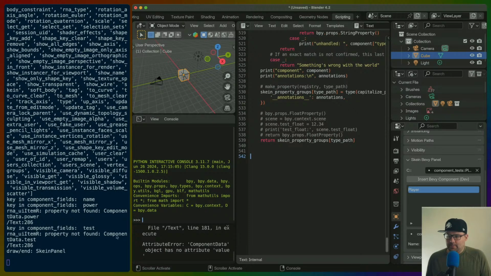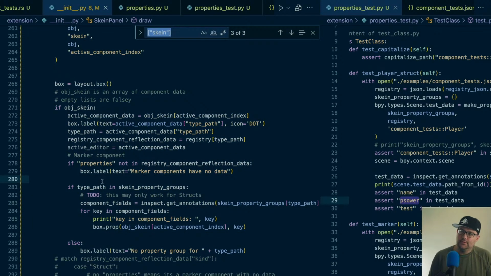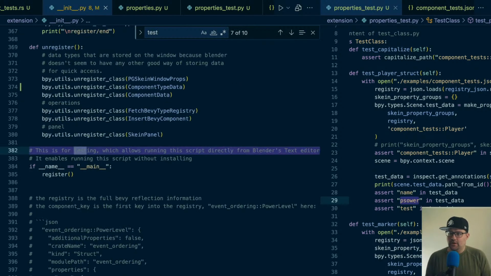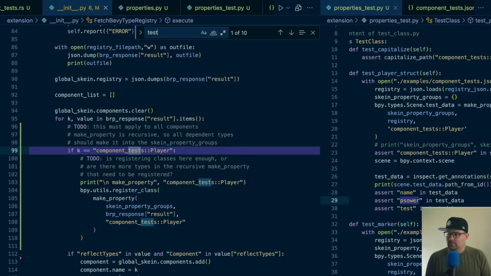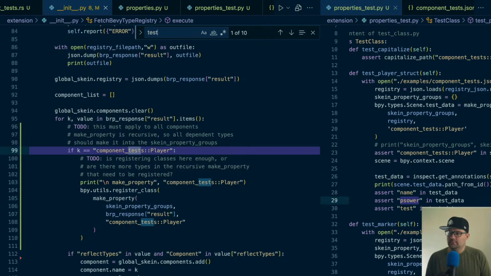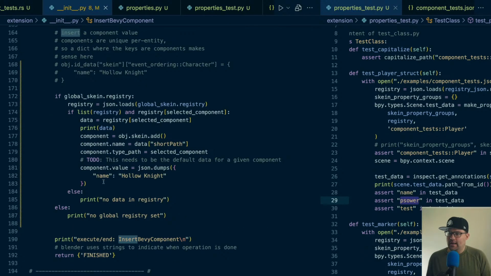Property not found, component data.test. Key and component fields test. That's because test is being hard coded. Let's find where test is. I think that's on insert. Right, so we insert a Bevy component, and right now,